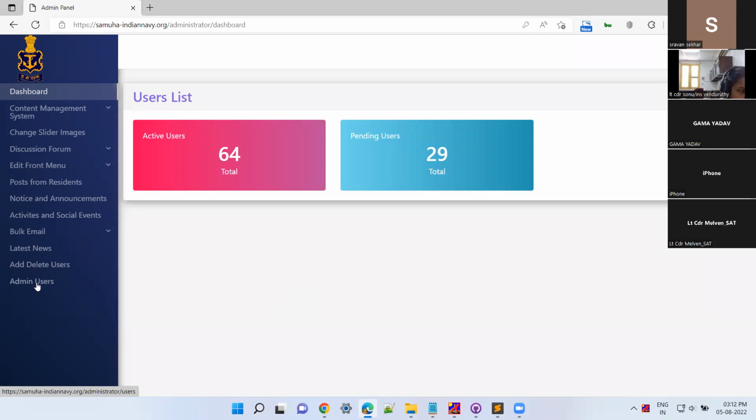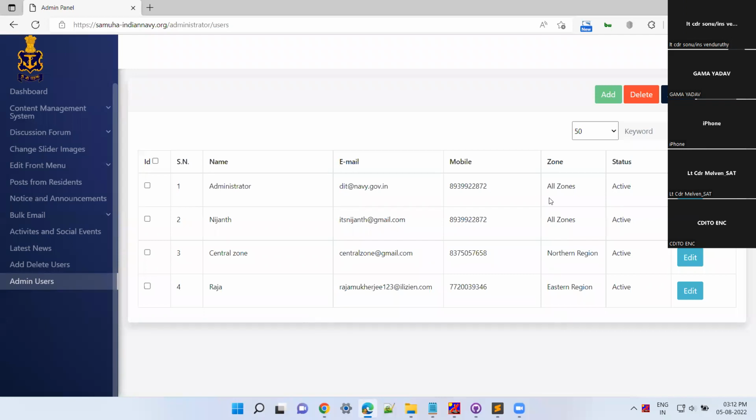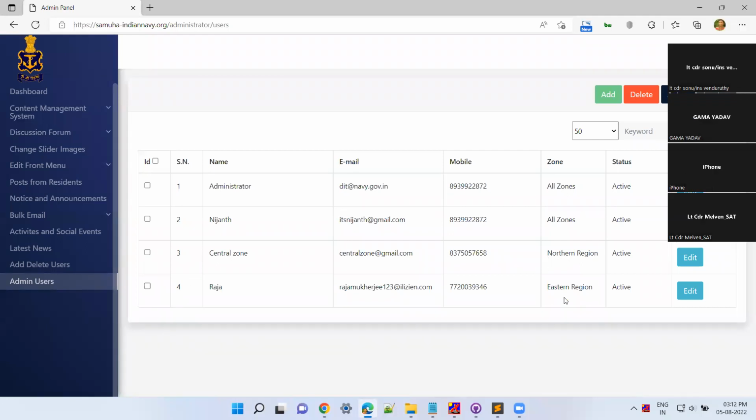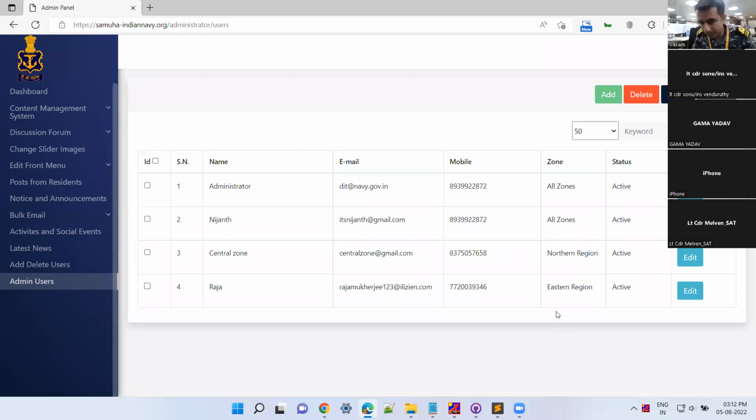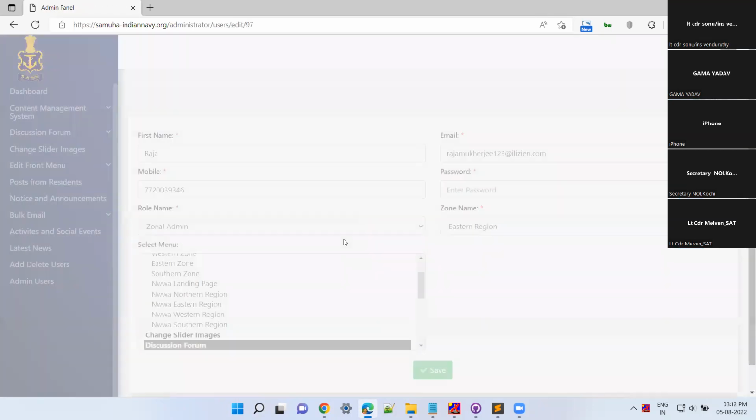The region subsequently can have one or multiple admins to have the rights on that particular region. Initially, what we will start off with is that we'll register everybody who is nominated as an admin. As you can see, right now we have got some test people, including me. Of course, the fourth one is my name. So we will start with that. We'll just show you how to give rights to each one of you for the admin panel. Murugan sir, yes, just show, edit my rights and give me, let's say from Eastern region,